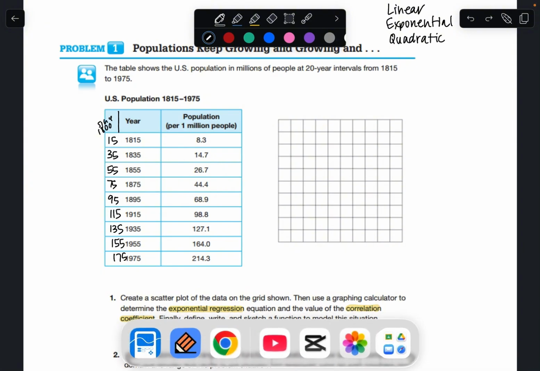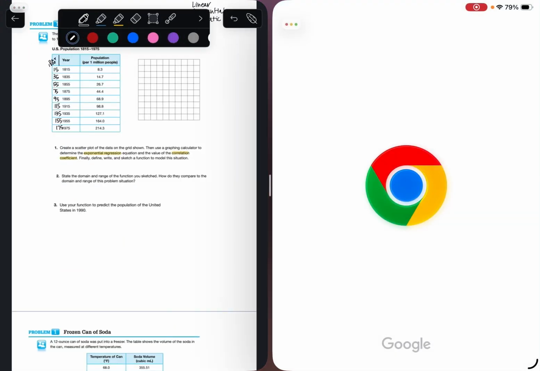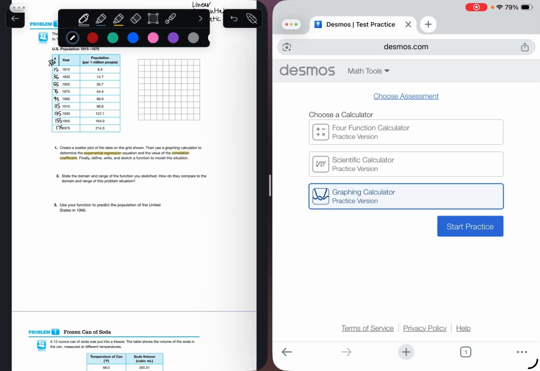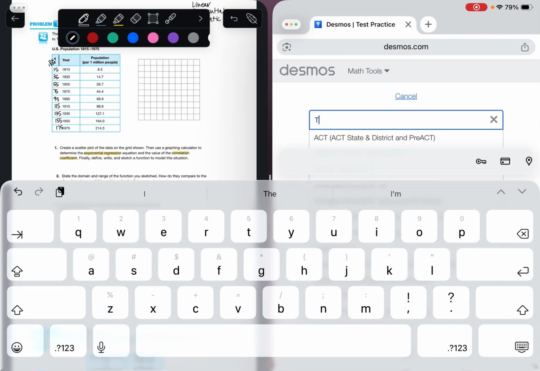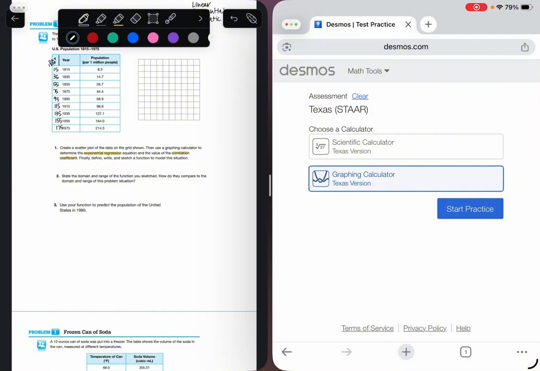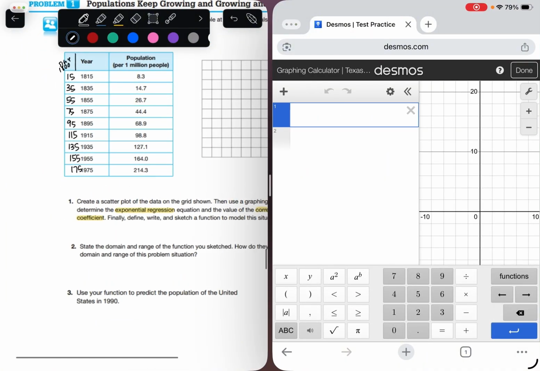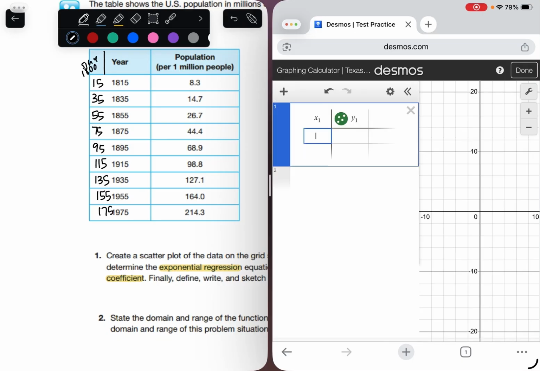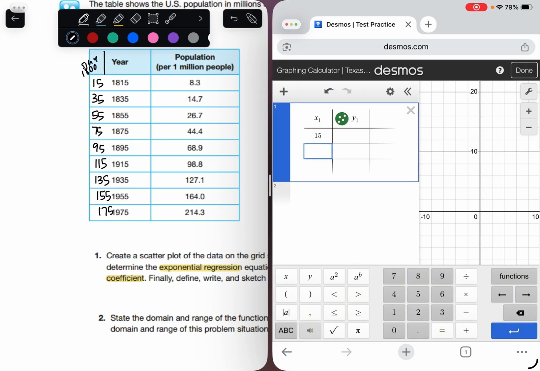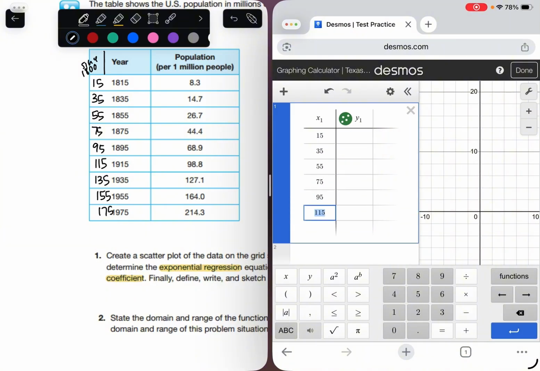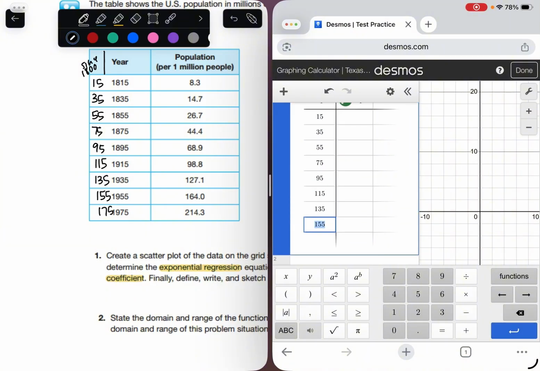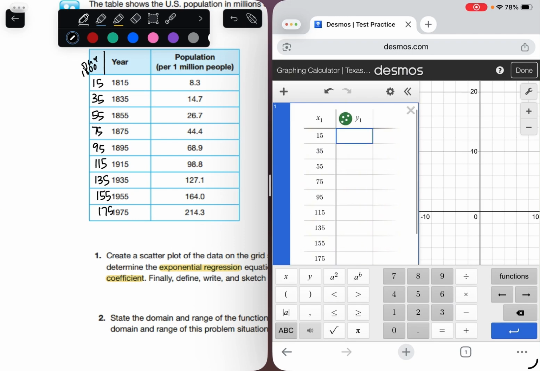And so in Desmos, always make sure you're using test practice, and if you want to choose an assessment, choose Texas Star. That's what you'll use on your test. Okay, and so click the plus sign, add your table. We're going to do 15, 35, 55, and it's already predicting what we want. And then we have 8.3 million, 14.7, 26.7,